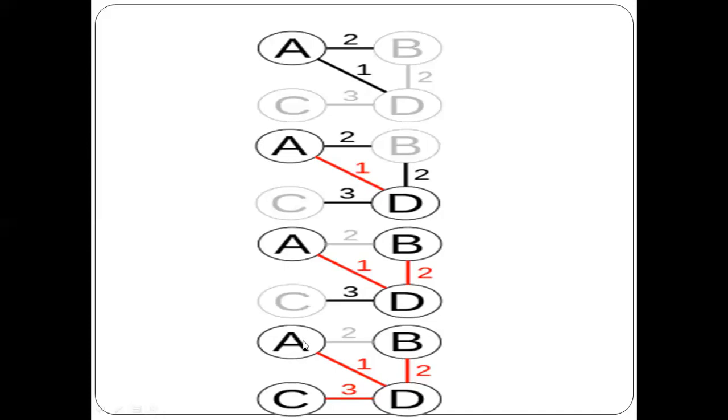Now all the vertices are active. All the vertices became the part of the spanning tree, and the spanning tree is A, B, D and C. A, B, D and C are the vertices, and it was connected through AD, DB and DC. That is the minimum spanning tree. We will see more formal examples which will give you the clear idea, and how you can do it you will get to know from the next example.